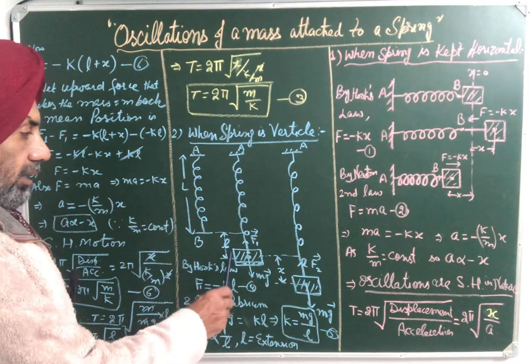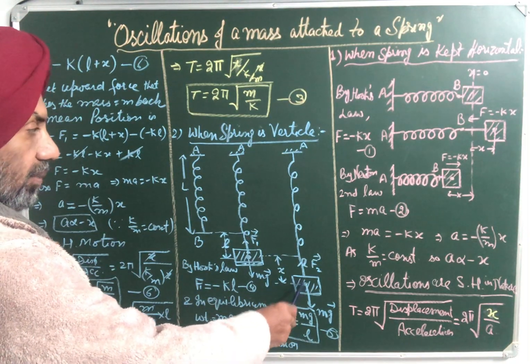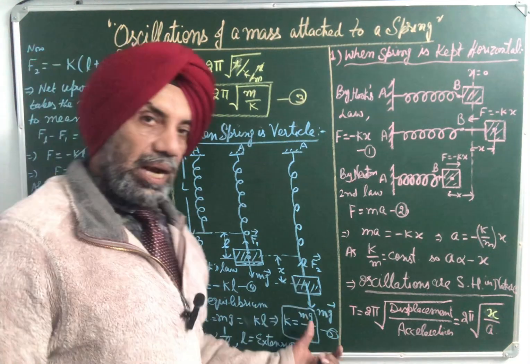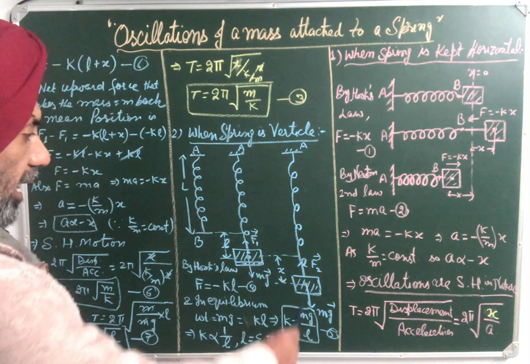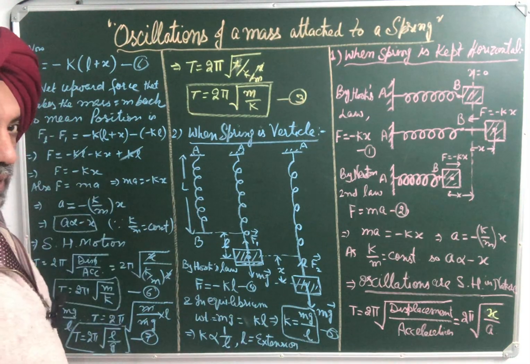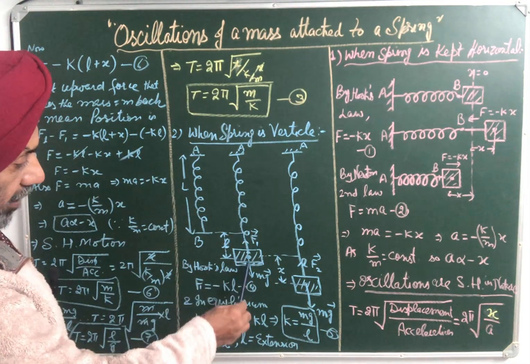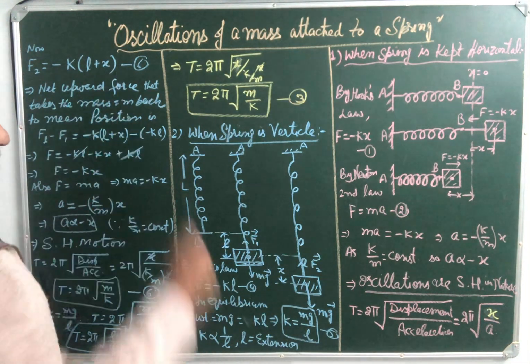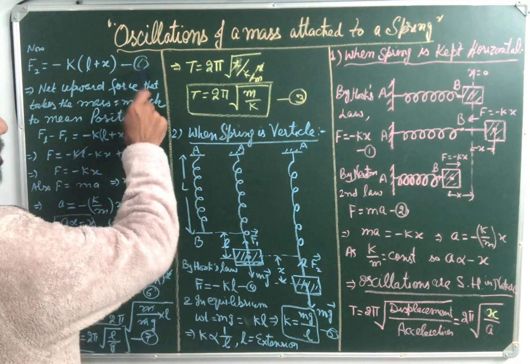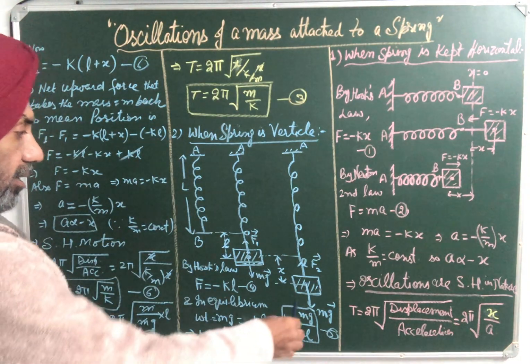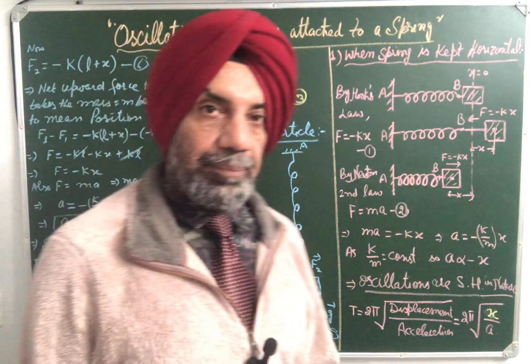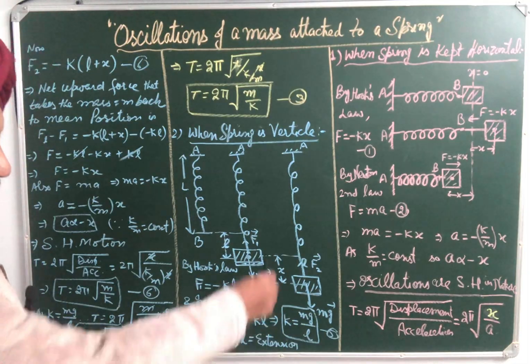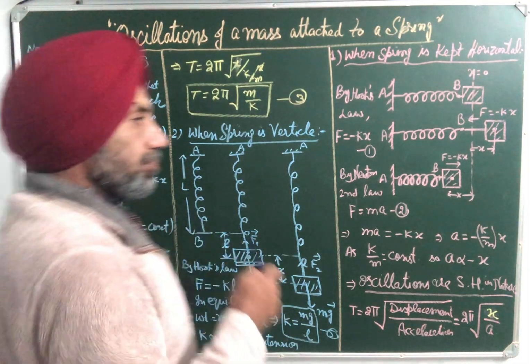So then, after extending it or pulling it through a small displacement x, F2 is given by, now total extension produced is L plus x. So F2 must be equal to minus K into L plus x by Hooke's law. Equation number 6. Therefore, the net upward force which takes the mass m back to the mean position after it was pulled through distance x is given by